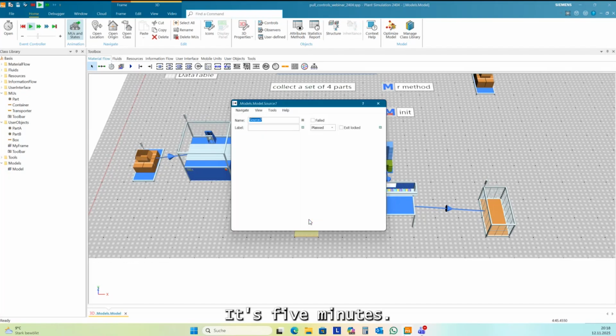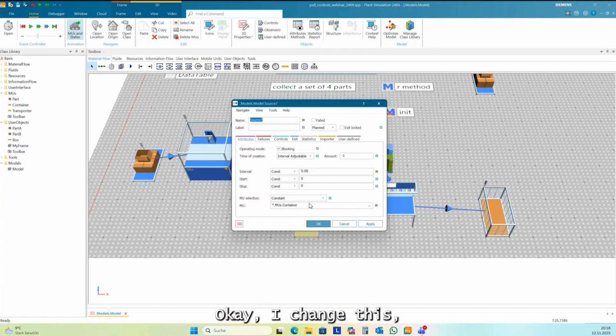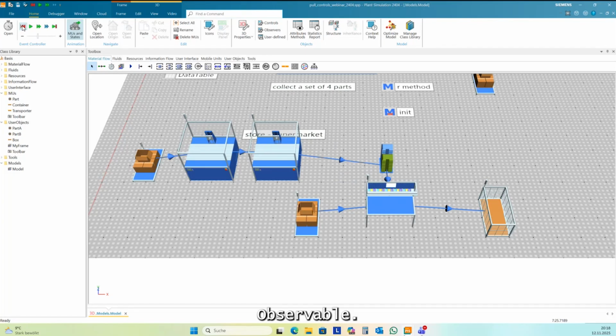Every 5 minutes. Yeah, I changed this interval to 1 minute to make it better observable.